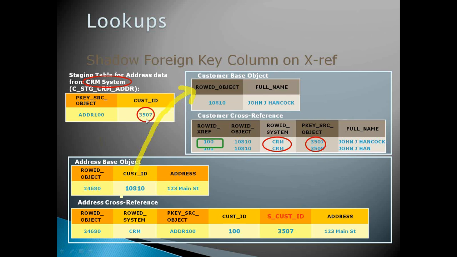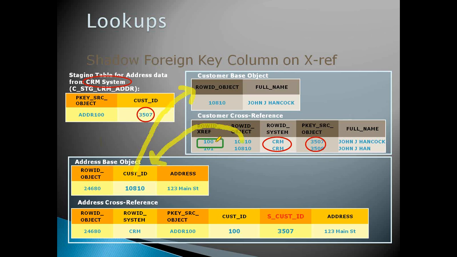So now here it went into the customer table and checked for this detail, CRM system and 3507. And what it will do is copy this data, the row ID object. The row ID object value will be copied at the base object level. So this is the row ID object, copied at the base object level.